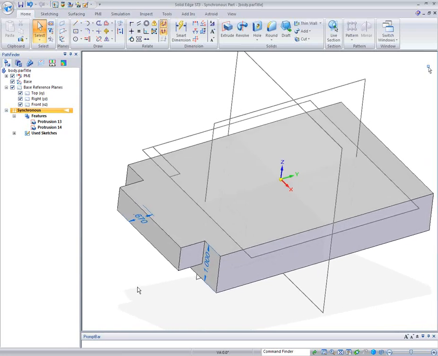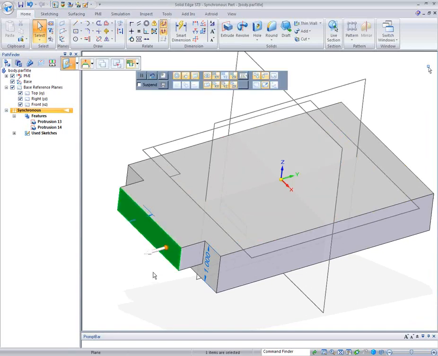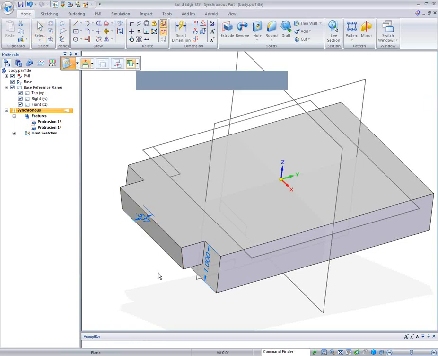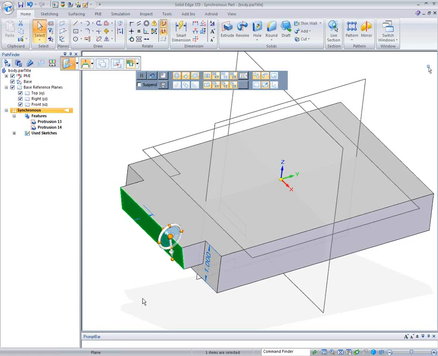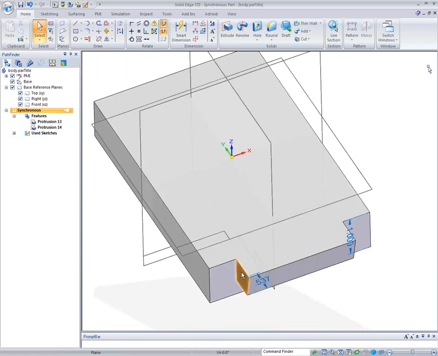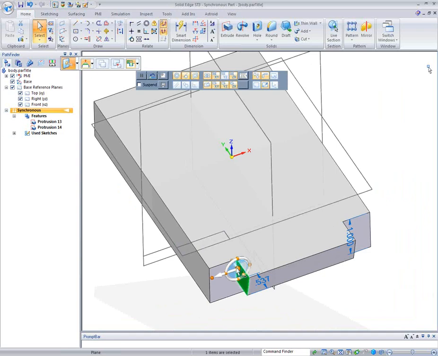Now, the nice thing about this inside of synchronous is my very next move is to go out and define what I want with this. By that I mean I just want to tip this face back and set this face back a little bit. I'd like to take this face over here, and I'll bring this face out,